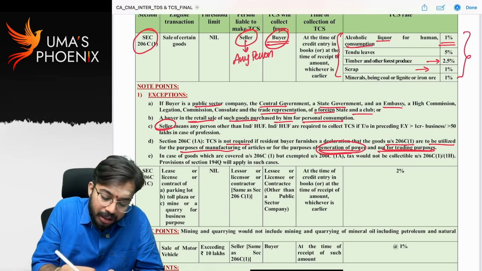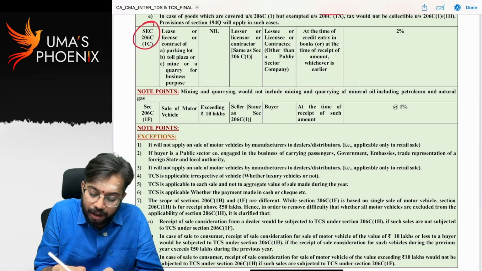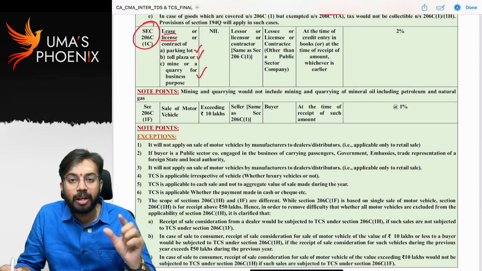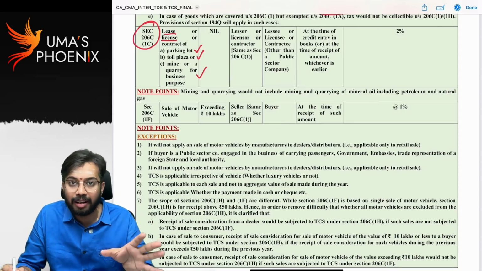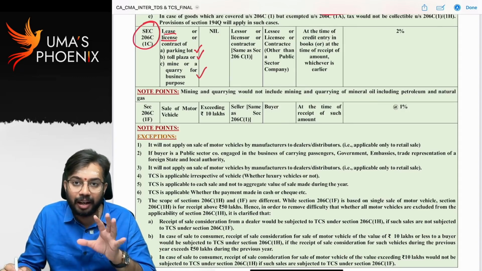Next, section 206C1C. Lease or license or contract of parking lot, toll plaza, mining and quarrying. Very simple. Whenever a parking lot, toll plaza, or mine or quarry is given on lease, whatever the name you use, license, lease, contract, along with that lease value or contract value, additionally TCS is also required to be collected. For example,